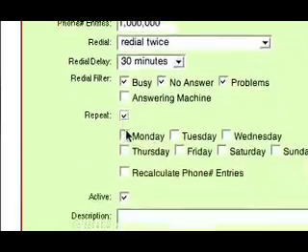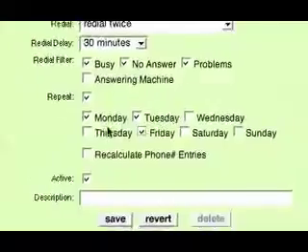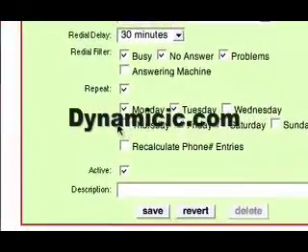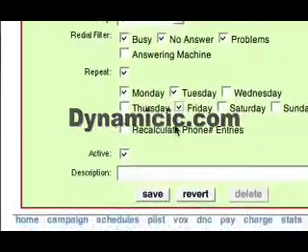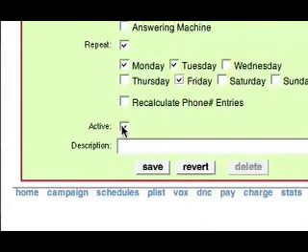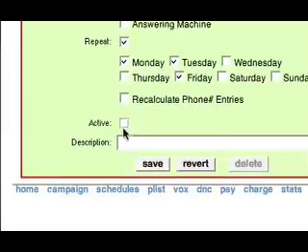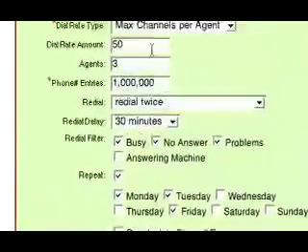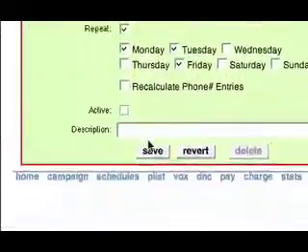Repeat. I want this schedule to repeat on Mondays, Tuesdays, and Fridays only. Every other day I'm not going to dial. So that means whenever I come in on Mondays, Tuesdays, and Fridays, I will see my schedule up here in the summary statistics page. Recalculate phone entries, leave that as is. Active. Now I do want to start my campaign manually, so I will uncheck active. Unchecking active allows me to manually start and stop my campaigns whenever I want. No matter what times I may have set it to, I can still manually start and stop. So I will go ahead and click save,